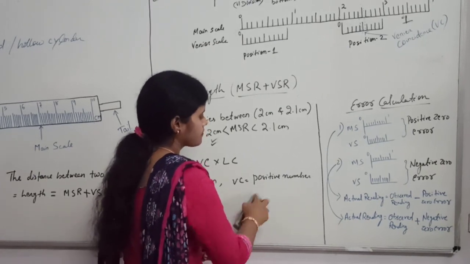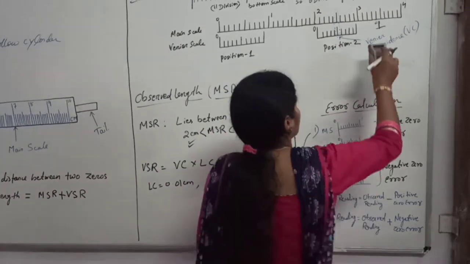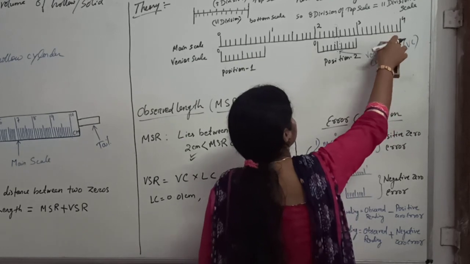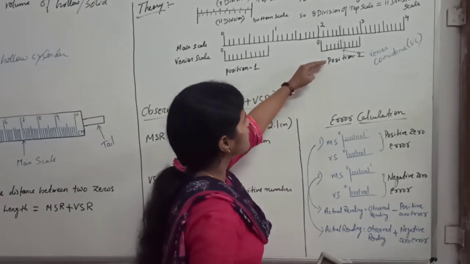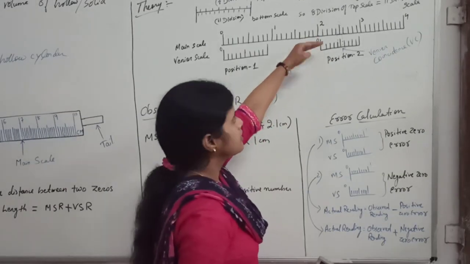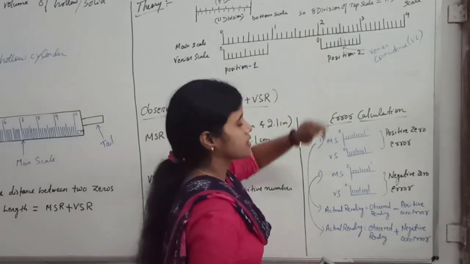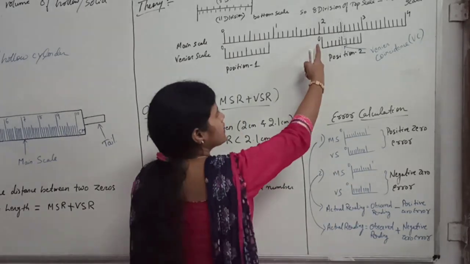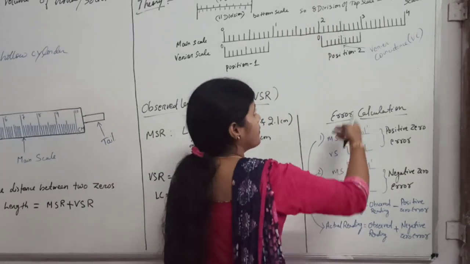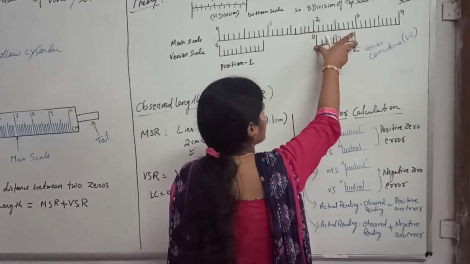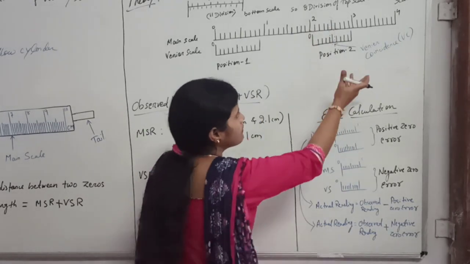Okay. So let us focus on that diagram again. How to find the vernier coincidence? Very simple. For vernier coincidence, the complete focus will now go to the vernier scale. We will not ignore the main scale, but we will completely focus on the vernier scale. In the main scale reading, we are only using the zero line of this vernier scale. But in case of vernier coincidence, we will completely focus on the vernier scale, and a little bit of use of the main scale will give us the vernier coincidence.